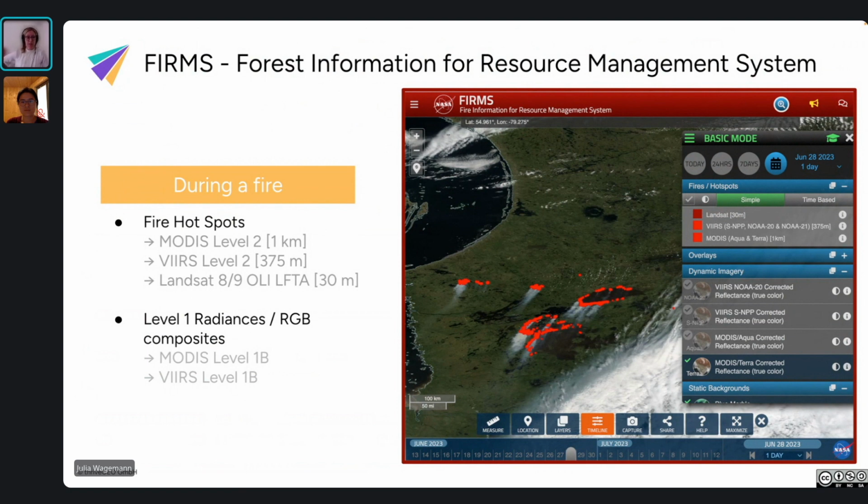And then to also assess the smoke that is emitted from wildfires, FIRMS gives you a visualization option to visualize RGB composites from 2 satellites, from MODIS and VIIRS. And together, the true color composites and the fire hotspots give you a good impression and a good picture of what is happening at the moment.